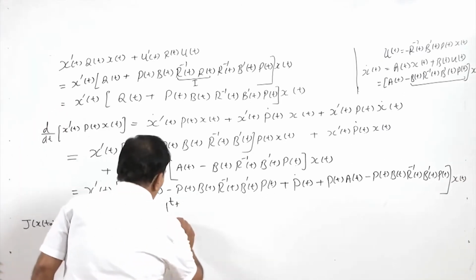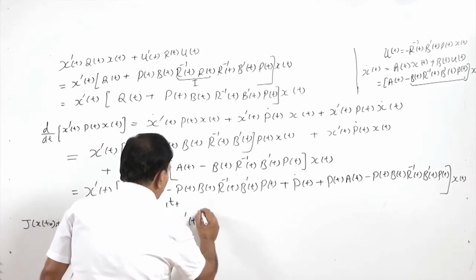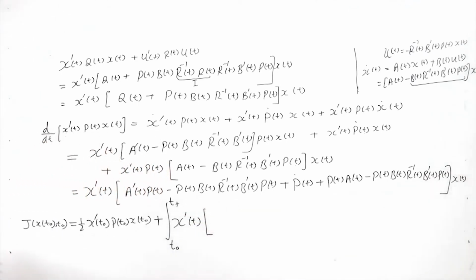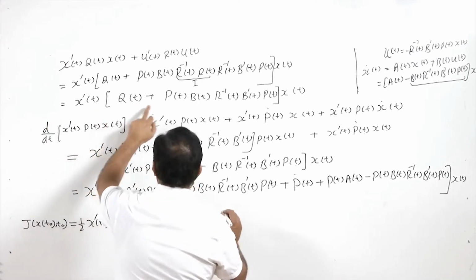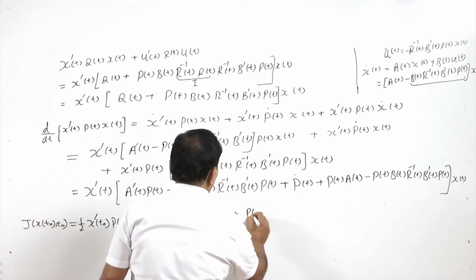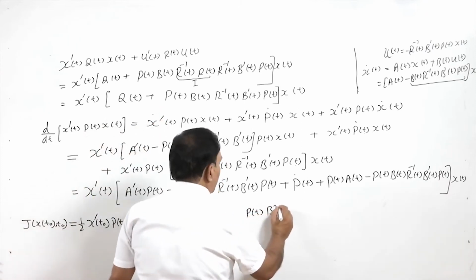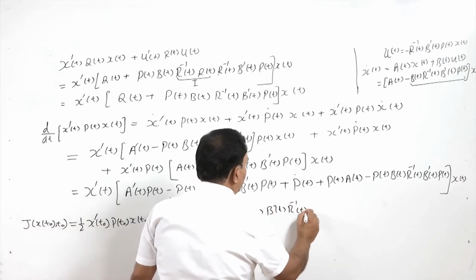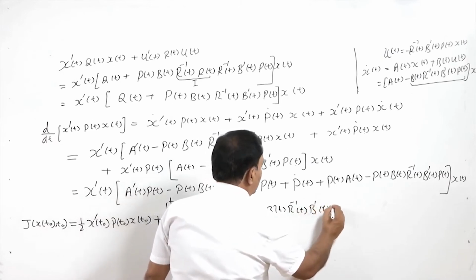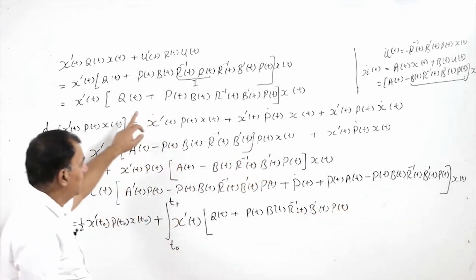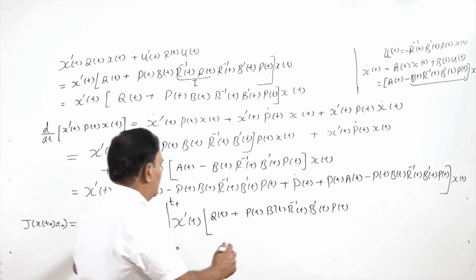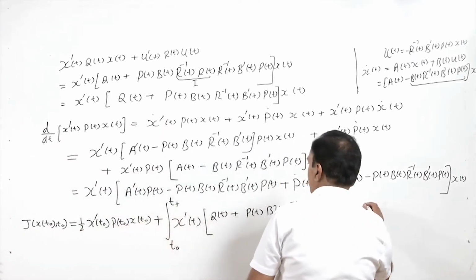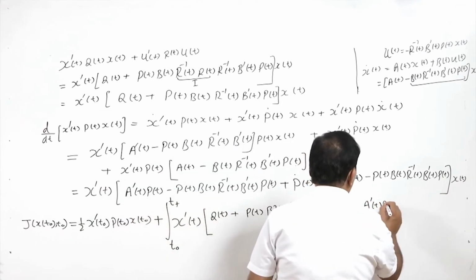I am adding in this way: x transpose of t, from the first two terms I will have Q of t plus P B R inverse B transpose P. I am getting this term from here, and from here I will see plus A transpose P,